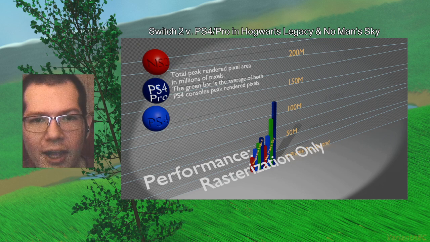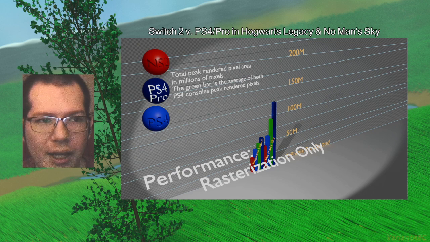The performance and image quality is so bad, even though this version is a monumental leap over the original Switch version, but I can't make